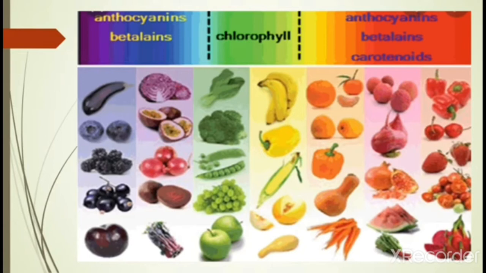But you must have observed that a tomato, when it is raw, is green in color, but when it is ripe, it is red in color. Why is there this change? It is mainly because pigments can get converted from one form to another. When the tomato is raw, it has chlorophyll in it because it is green, and as it ripens, this chlorophyll is broken down and converted into lycopene. Lycopene gives the red color in the tomato. So as these pigments change, the color also changes.